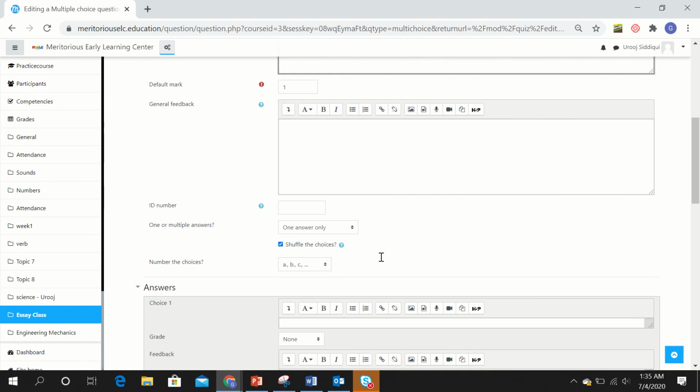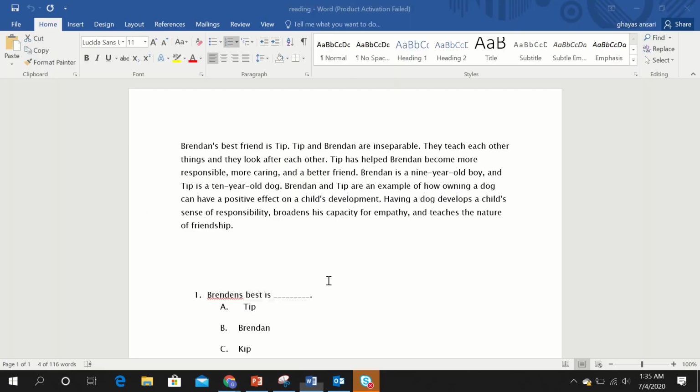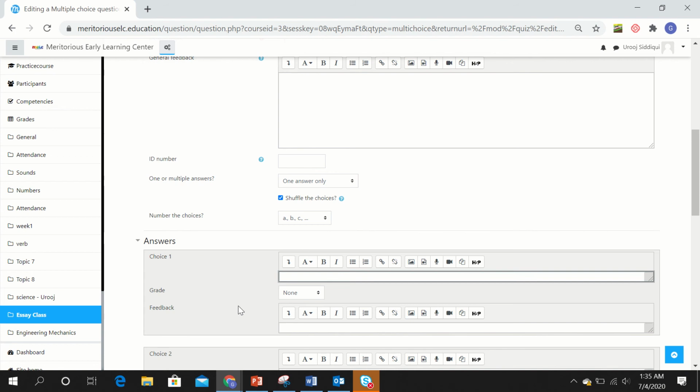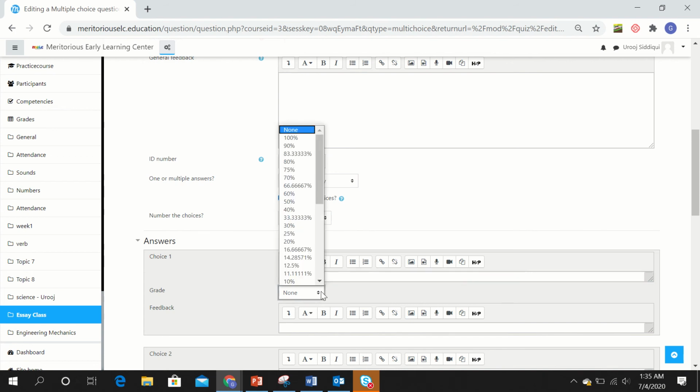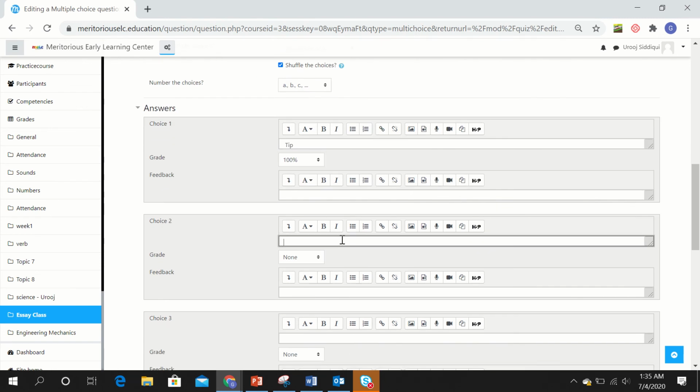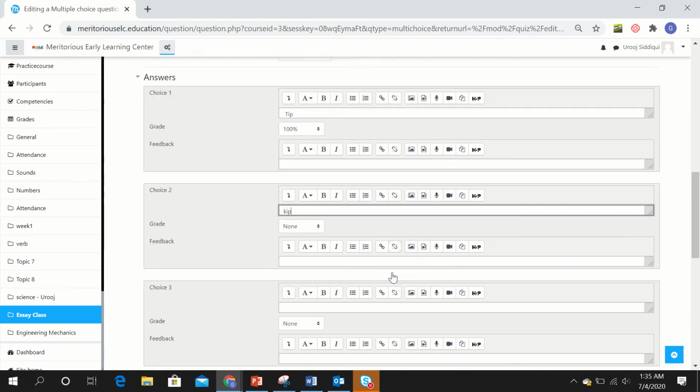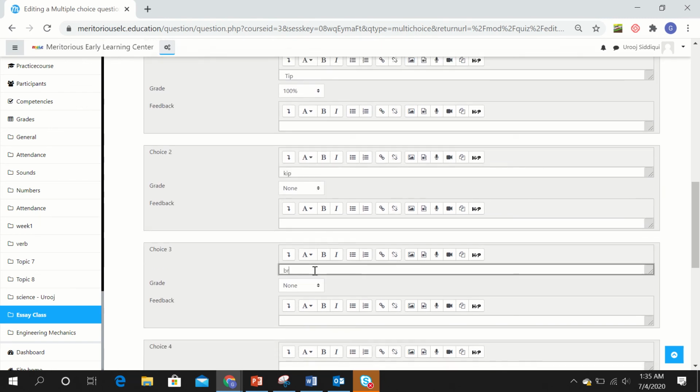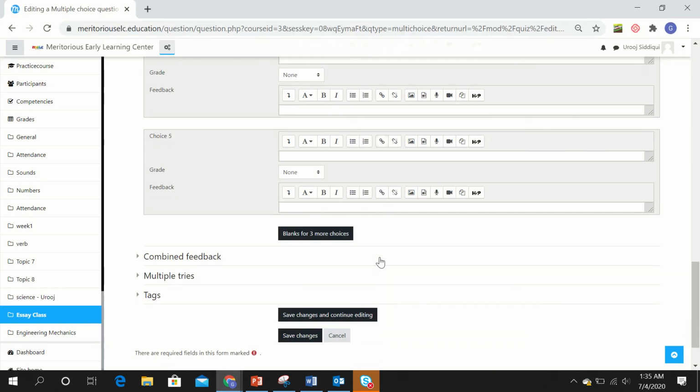And copy paste the options as well. It's up to you. Since this one is the correct answer, I'm going to assign 100% to it. The second one is skip. That's wrong. The third one is wrong too. Let's save the changes.